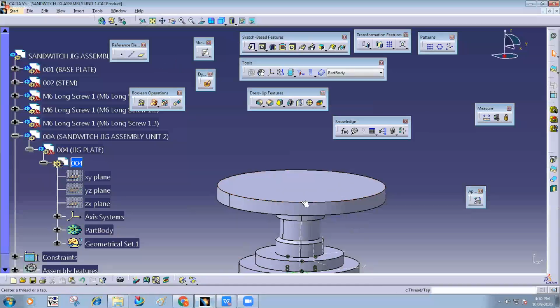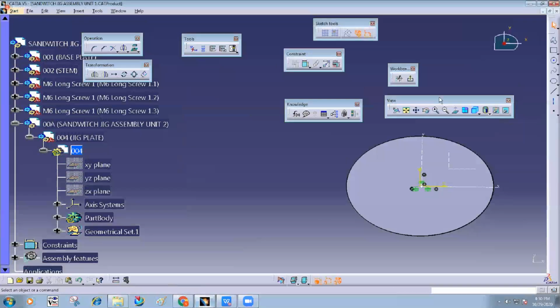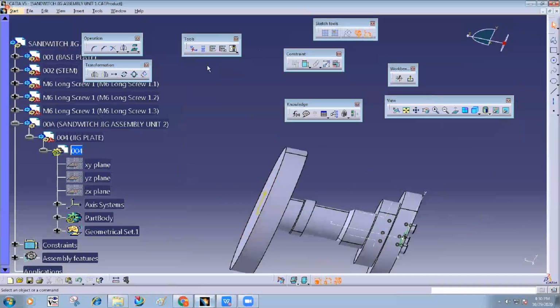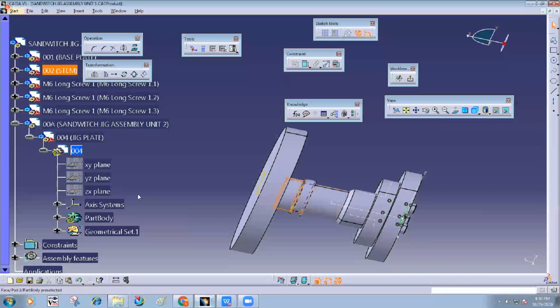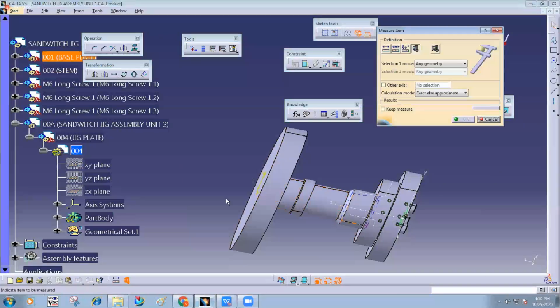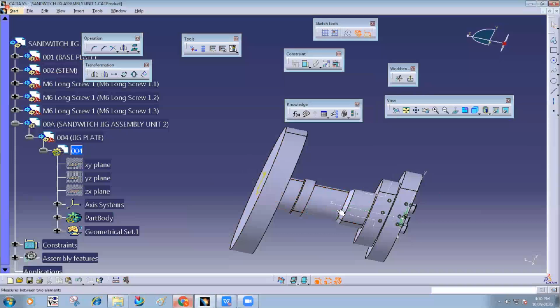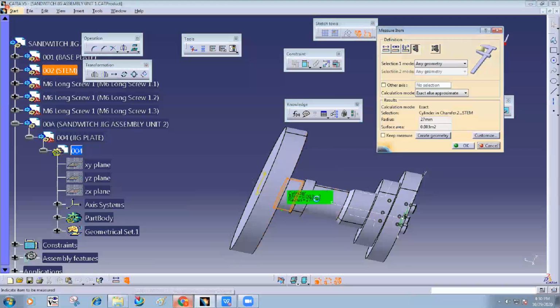Select this sketch, take this face. Rotate this. Diameter 54 is which one? This one or this one? I will check here. Yeah, the outer one, this one.